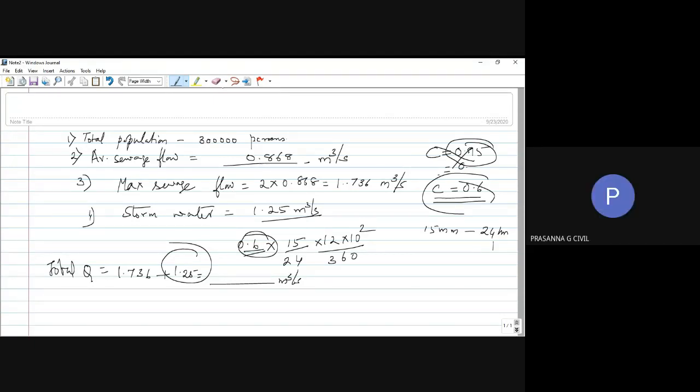Shall we recalculate with that? I will put that only. C as 1. Understood, right? Why I'm using 1? Yes, ma'am. Got it. That was my mistake. I forgot that one sentence they have told everything is runoff. So instead of 0.6, you're taking 1. But depending on the question given, if they've not given anything, you can choose C based on what land variable they're giving. So you said this will become 2.08.